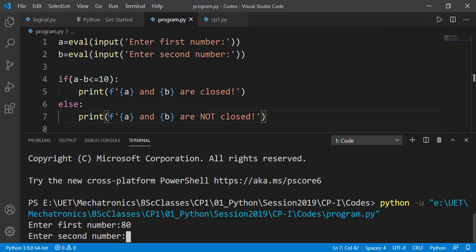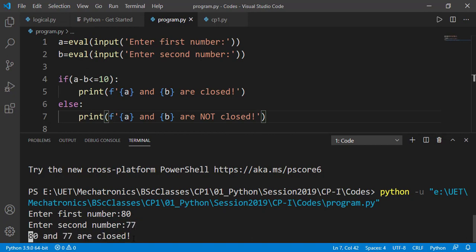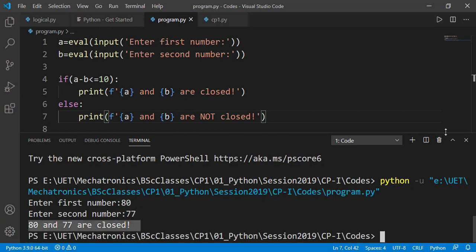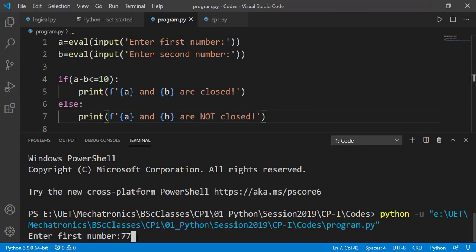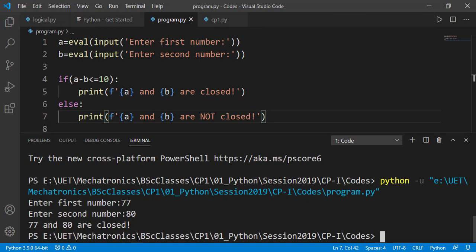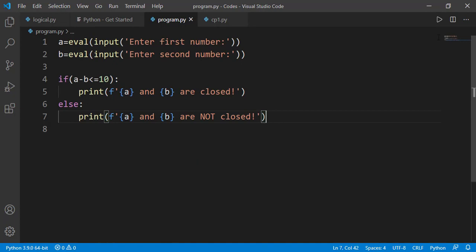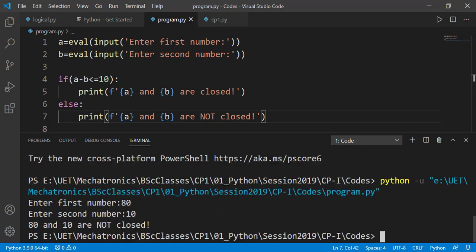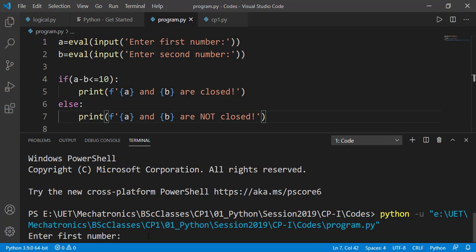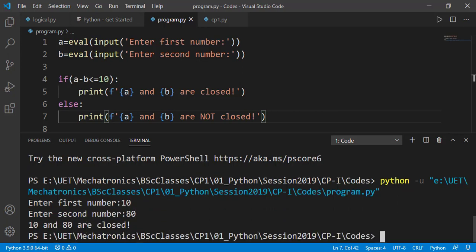Let's enter 80 and 77 and the result is that they are closed. Now if we enter 77 and 80, still they are displayed as closed. Now if we enter 80 and 10, they are displayed as not closed. But see carefully now that if we enter 10 and 80, they are being displayed as closed, although the difference